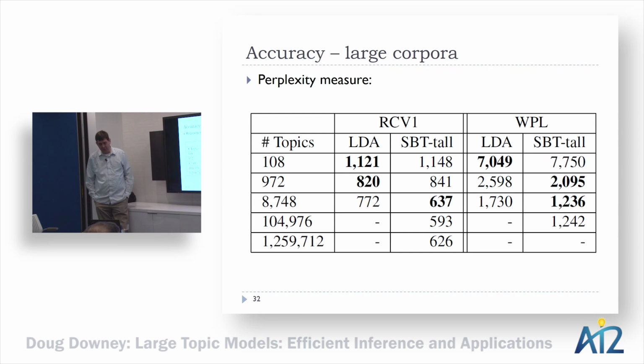And for the sparse Backoff trees, we're doing something very similar. So we also re-estimate the delta parameters every so many iterations. In the current version of the code, we do that using a gradient descent technique on likelihood. In these experiments, we were doing something slightly different, but it sort of amounts to the same thing.